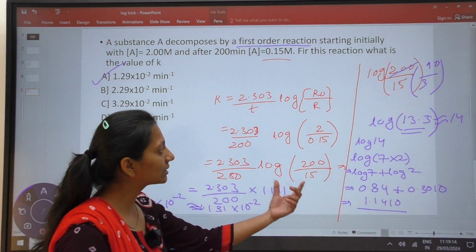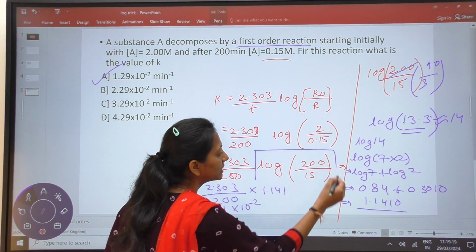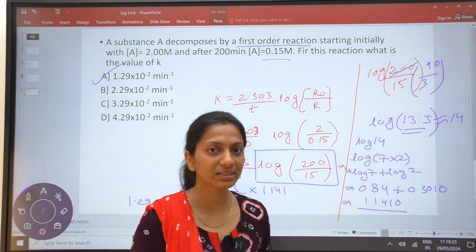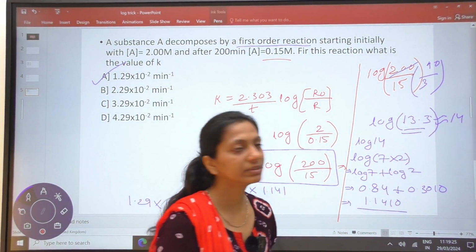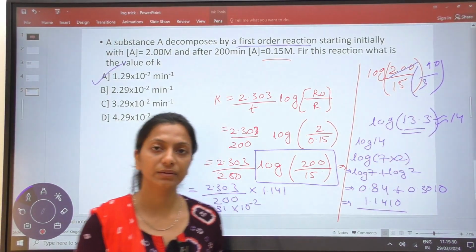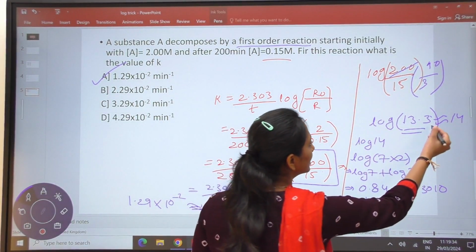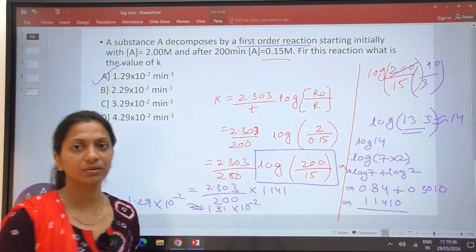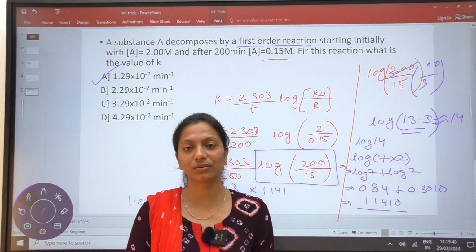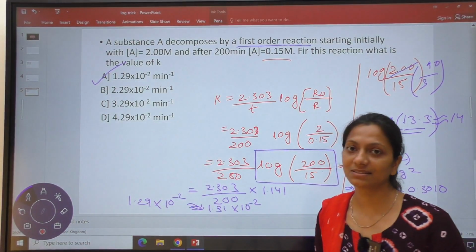So the basic thing I want to tell you in this question is how to find the log of this value. Applying the short tricks and using the approximation method, we can have the value of this, like having the multiplication of 14 and 1.14 can be taken as a correct answer. You can even approximate this one to 14 also. Okay, so that's it. This is the shortest trick to find the logarithm while calculating questions from the kinetics section. Thank you.